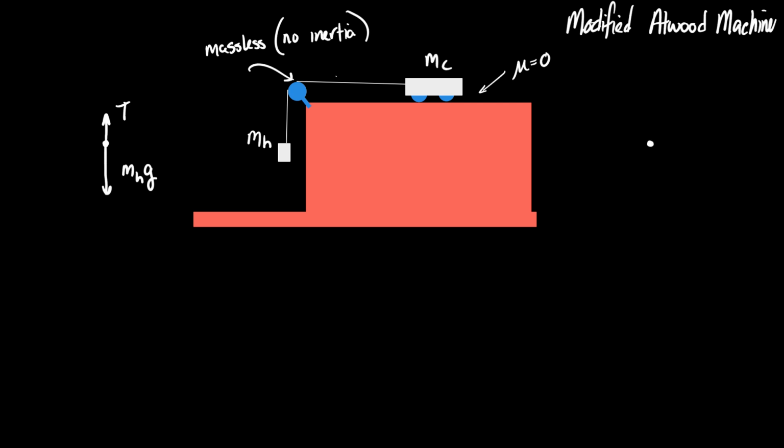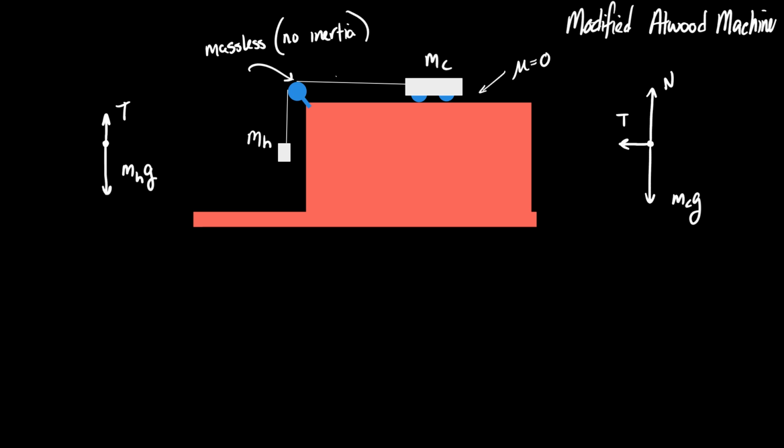How many arrows did you draw on the car? 3, good. So you draw a downward arrow to represent the weight of the car. Normal force represents the force from the table on the car. Did you draw anything else? What'd you draw? Did you draw that arrow the same size as the arrow that you drew on the weight that was hung? You should have. They represent a Newton's third law pair. The tension is the same everywhere in the string.